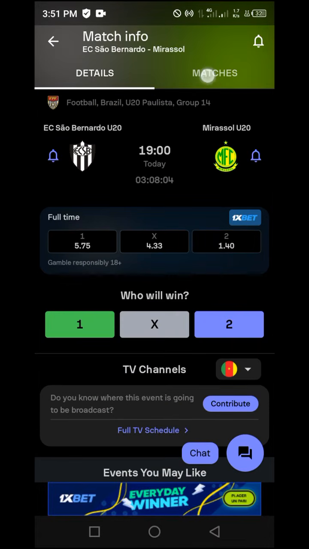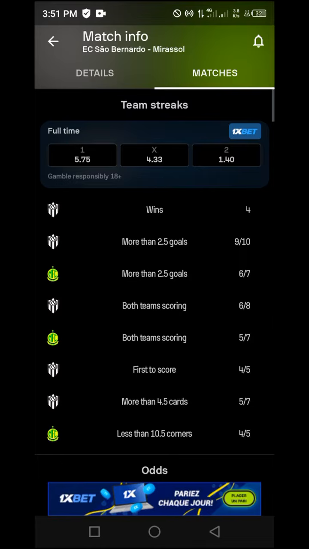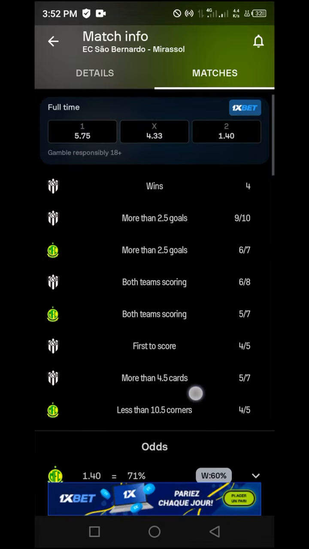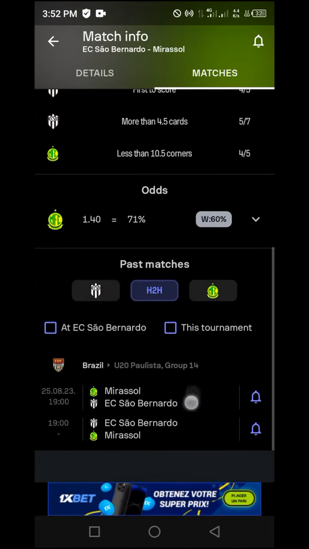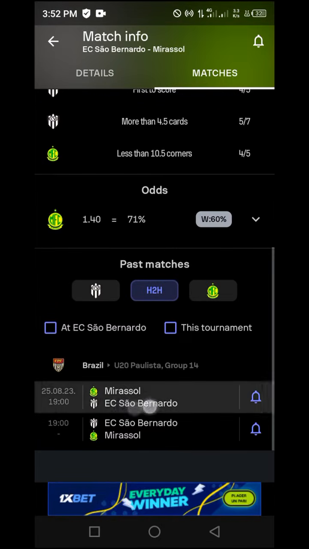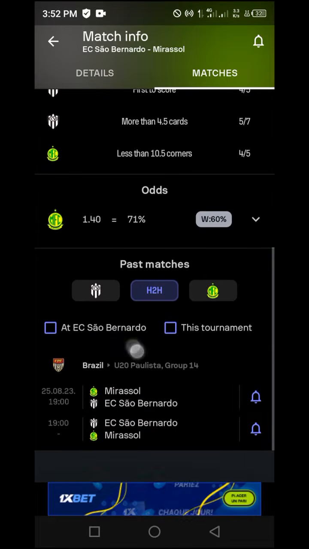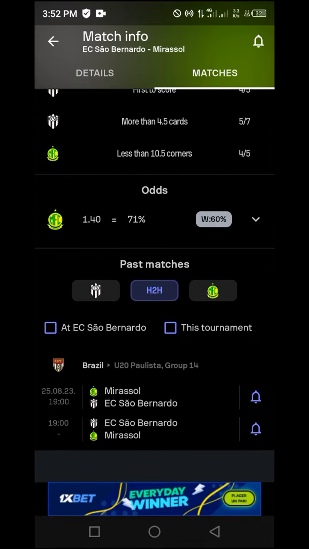Now, make sure to locate matches and click on it directly, and you are going to be taken to a section that actually looks like this. The next step is to navigate right to the bottom to first of all check if there exists any head-to-head between these two teams, to see how these teams play whenever they meet,